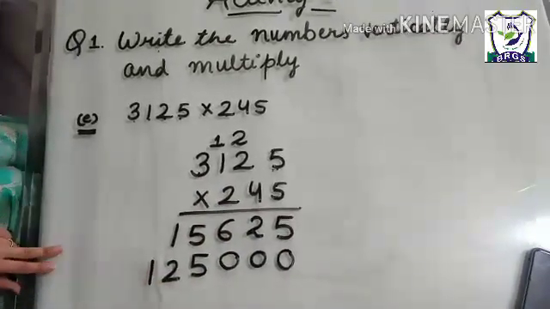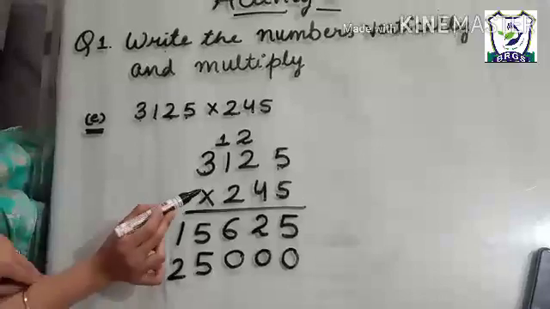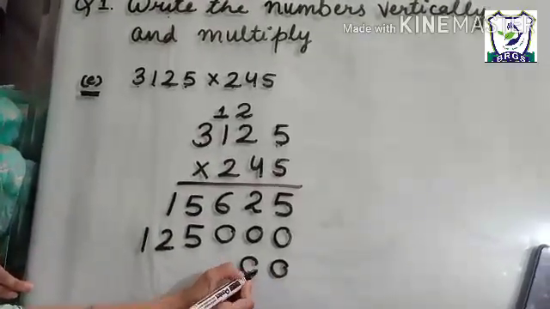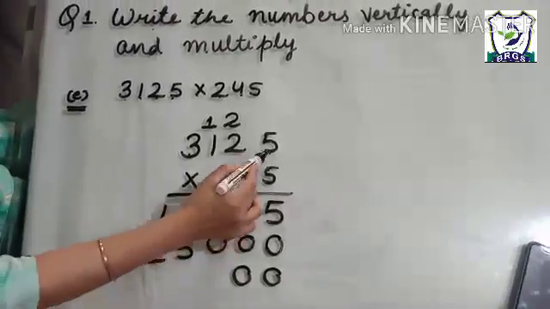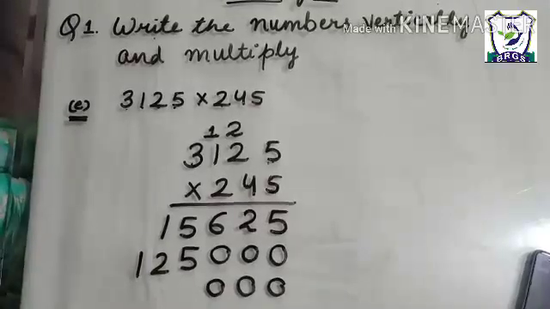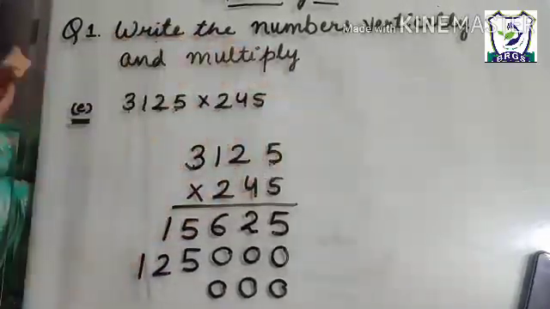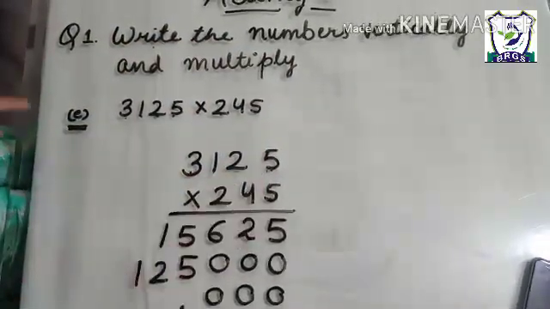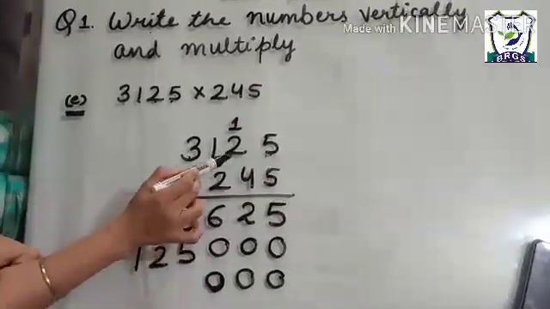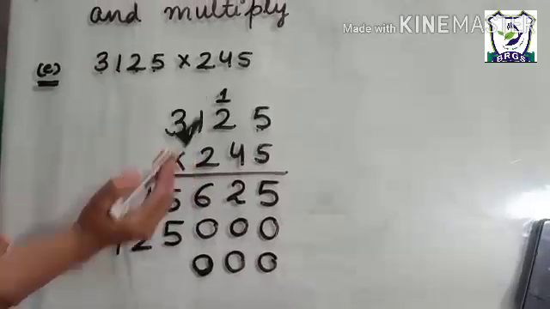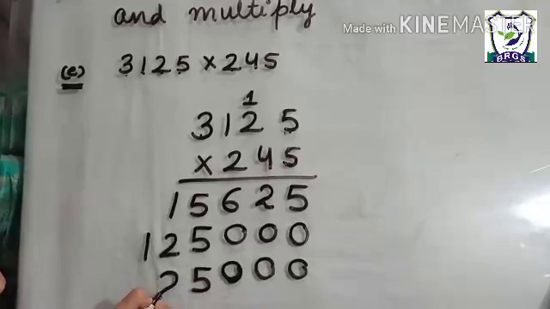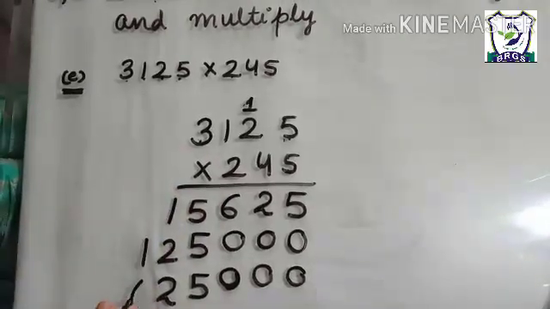Okay students, in the same way, now we have to multiply 2 with all these 4. So we will write here 2 zeros. Okay students, so 2 5s are 10. Now here we have to change the carries. So we'll remove this first. So 2 5s are 10, 0 is here and carry over 1 to the next digit. So 2 2s are 4, 4 plus 1, 5. Then 2 1s are 2 and 2 3s are 6.